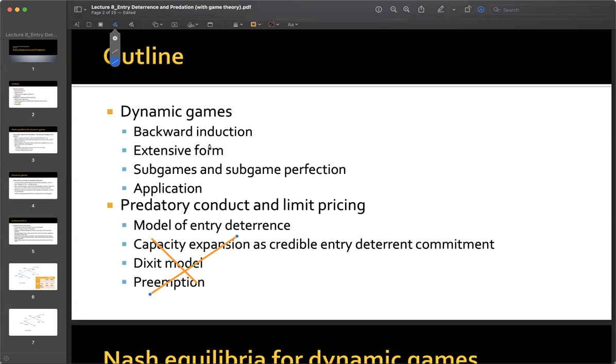So the reason why we're doing it is because the dynamic games here in entry in the game theory section really incorporate the essential insight. Okay, ano yung essential insight na yun? The insight is if you want to deter someone from entering, you have to do something pretty extreme. And you have to convince someone that what you're doing is something that you're committing to.